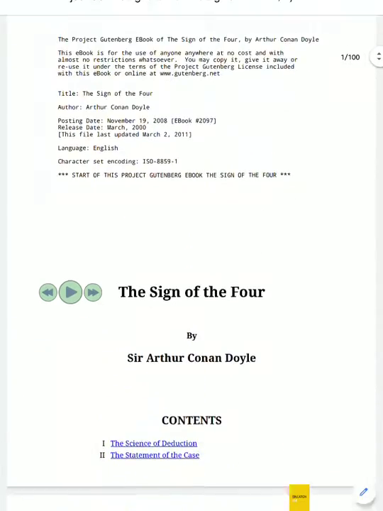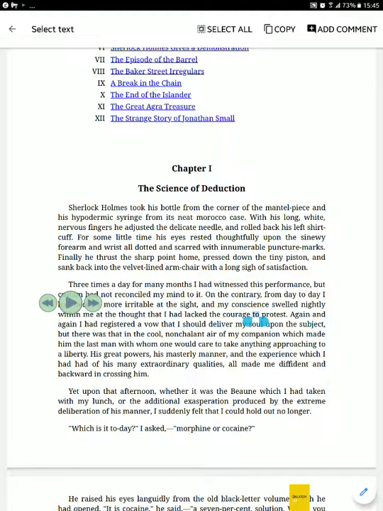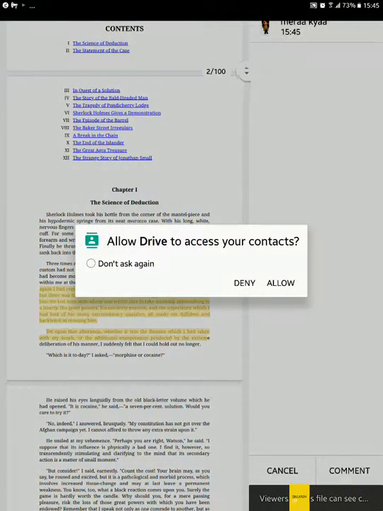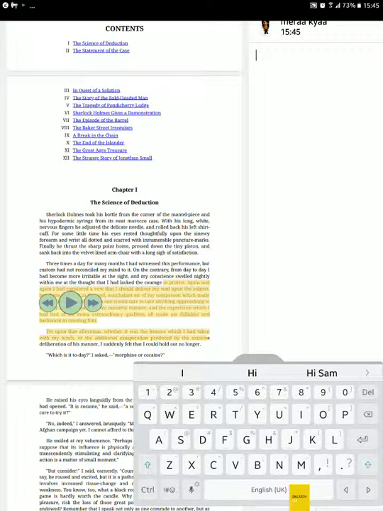If you ever find that you're having trouble with the PDF reader selecting, which happens sometimes, you could hold it down and this bar at the top just won't come up. Just exit it and come back, and 9 times out of 10 that'll fix the problem. And again, the app is another good way. You can add a comment. I can put my comment in. So if I add a comment,